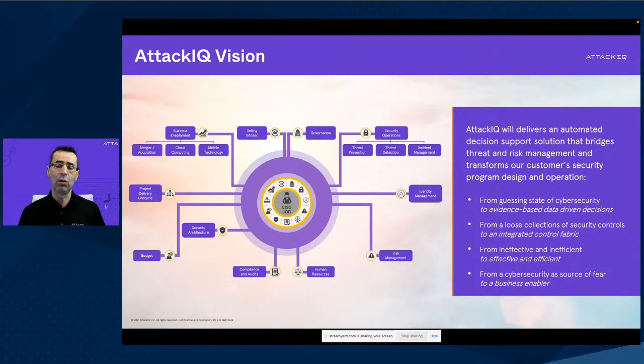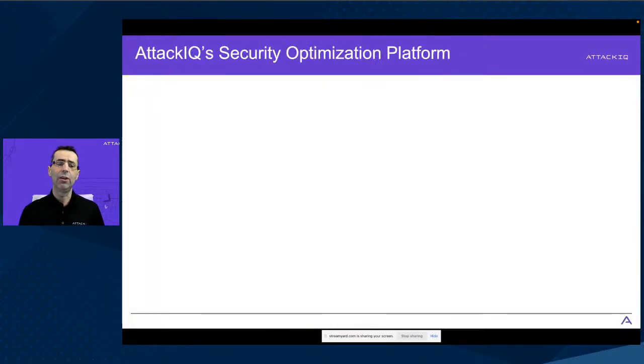And you saw in the IDC presentation, it's all about digital transformation. It's all about the CISOs making that transition to the cloud. And this feedback loop is becoming critically important to that journey. So Attack IQ as a company, we provide a security optimization platform. You might hear traditional terms where the space came from, breach and attack simulation, which was really where it started